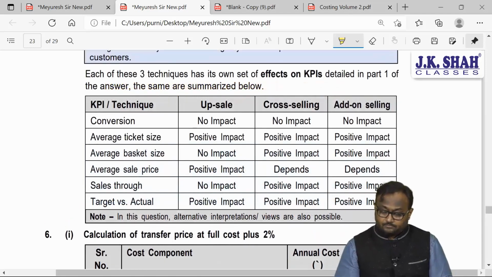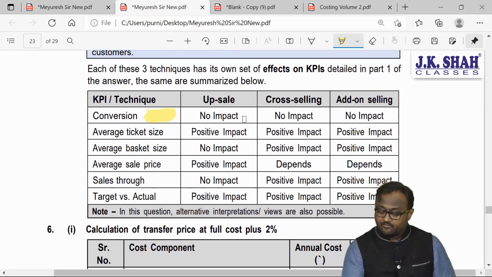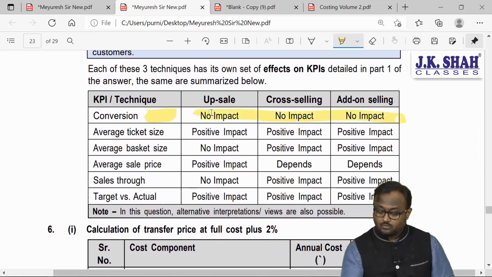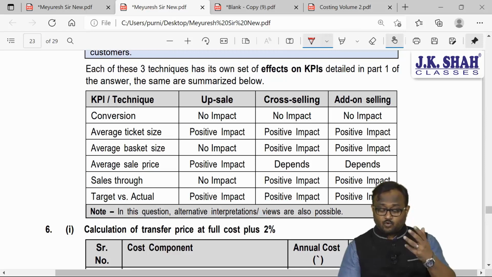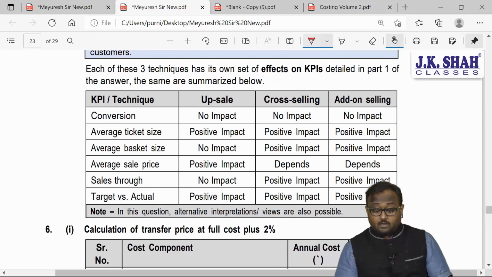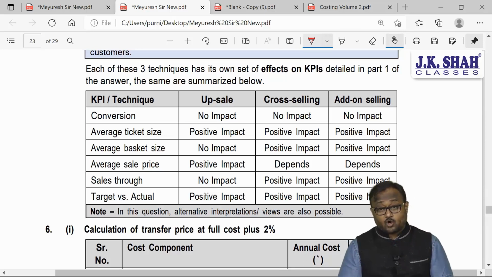So if you do that, how will your key performance indicator match? As far as conversion is concerned, see, a customer never came for that, so there is no impact of this. Average ticket size will definitely have a positive impact because more items will be sold. Basket size for cross selling,